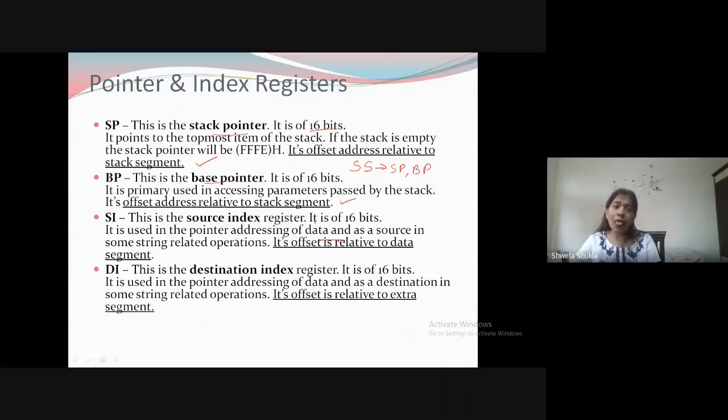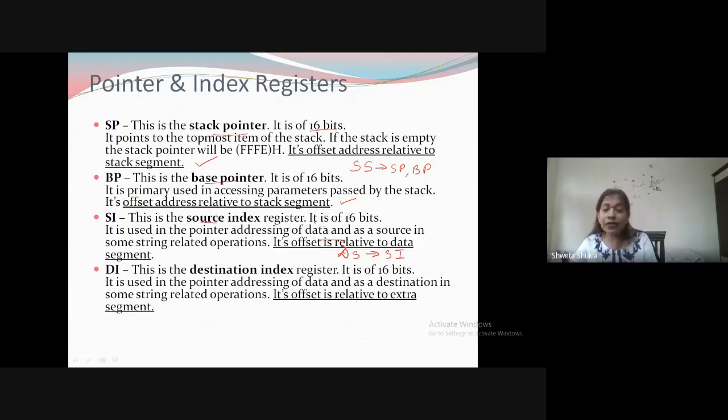Remember this. Then comes SI, which is the source index. The source index stores the offset address related to the data segment. That means we can say that the DS register has its offset address in the source index. Then comes DI.